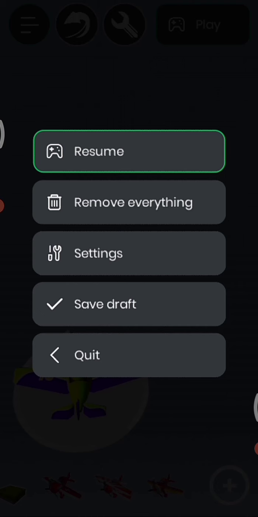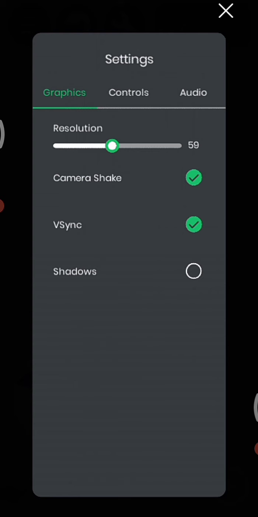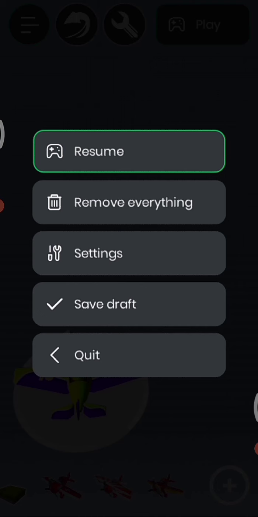Resume means you will be taken to the same place, same position. And settings, you can set up whatever you need according to the resolution, the camera shake and those things, shadows and all. You can keep it as default. No need of changing the things. And save draft. Quit means you are just coming out from the things.